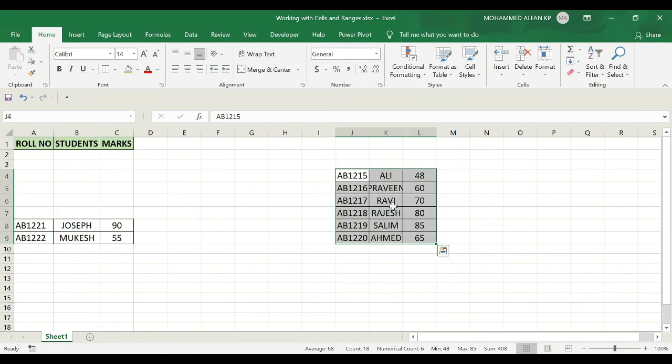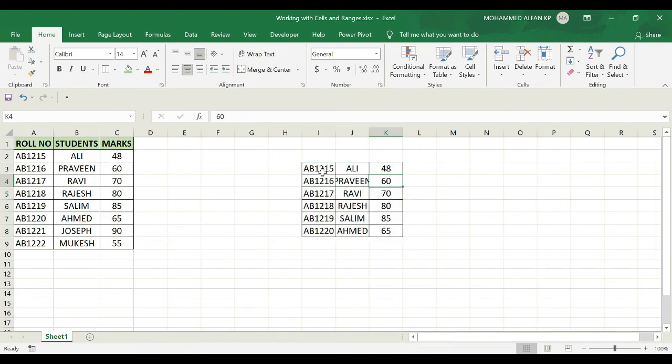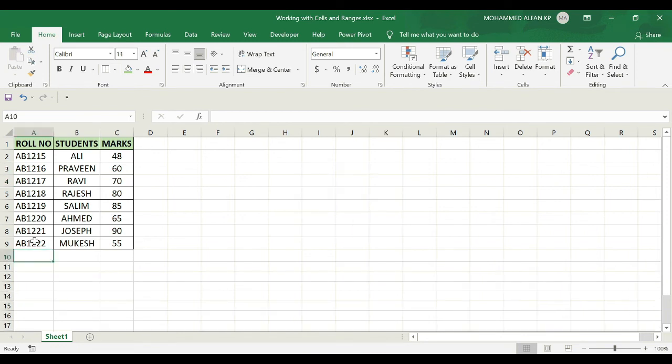Similar way, instead of moving, I just want to copy and paste it, and just pressing Ctrl+Z. In that case, just press the Ctrl key on your keyboard and move the edge of the selection. Now you can see the plus arrow icon, right? Just move like this. If I move here, you can see that particular range has been copied from here to here, right?